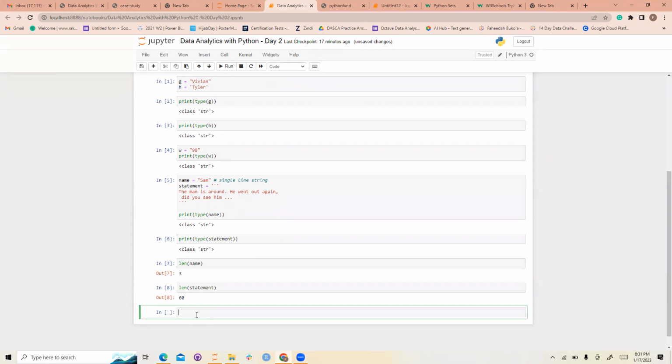Then you can access, let's say you want to index, we call it index. I want to check for the